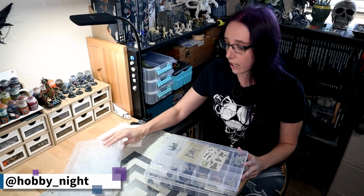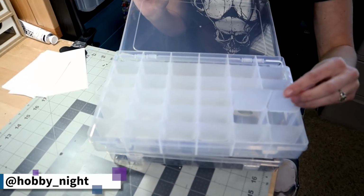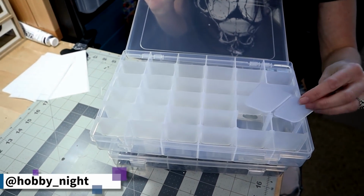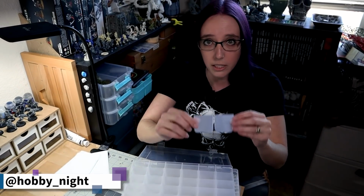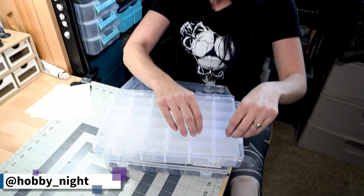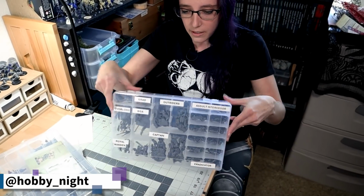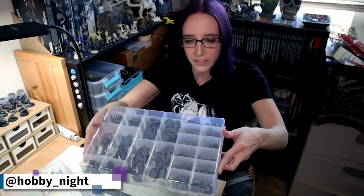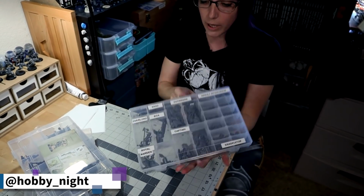And one of the other things that I want to talk about with these, actually, before we wrap up, is I actually really like these particular dividers for this one. Now, they come as a 2-pair, and a lot of times you'll see them as individual dividers. I think this works a lot better. These are really, really stable, and I'm going to do something here that I don't normally recommend doing, but like, I can lift this upside down, I can move it, and in the past, I've had some bins where the